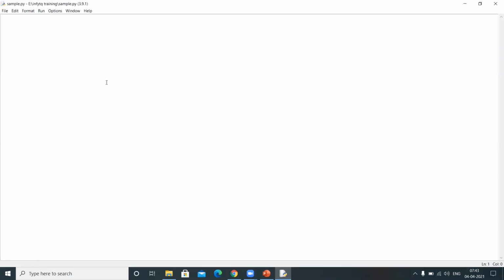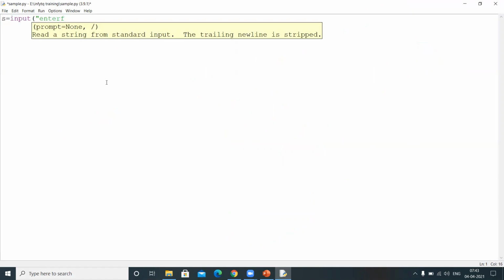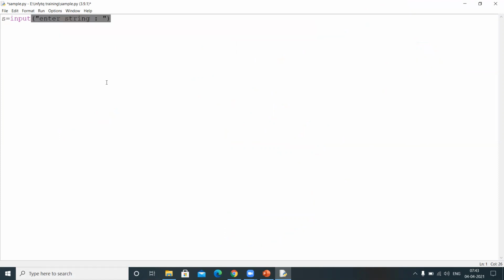Observe here, first we need to read a string, right? S equal to input. Let me write it as enter string, and after we enter the string, we need to count special characters, right? Let me take a count variable, special count equal to 0. Now I will take two lists, an even list as an empty list and an odd list as an empty list, to hold the even and odd digits present in the string. Now observe, for every character in the given string S, I need to check if the character is a digit.